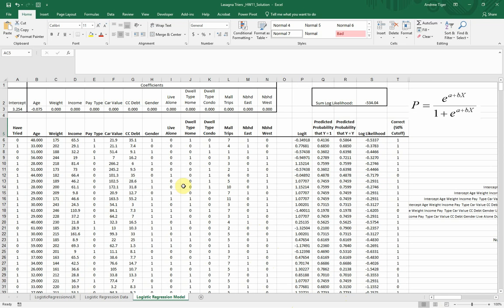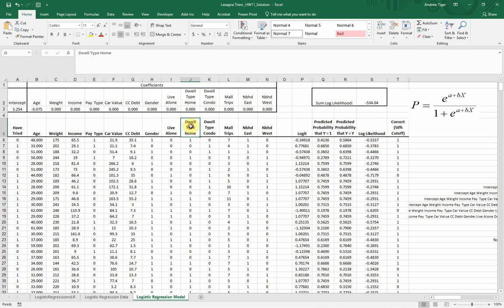You had to have some dummy variables, if people lived alone or gender, and these were a bunch of zeros and ones because there were only two choices. But when we have three choices, like dwell type, we had condo, home, and apartment. We need to have two levels, two different dummy variables. One of those represents one of those levels, and then when you have a null like that one, that means that it's the third